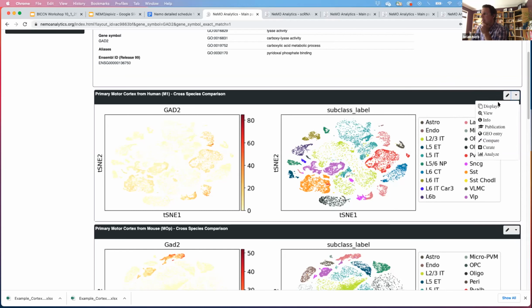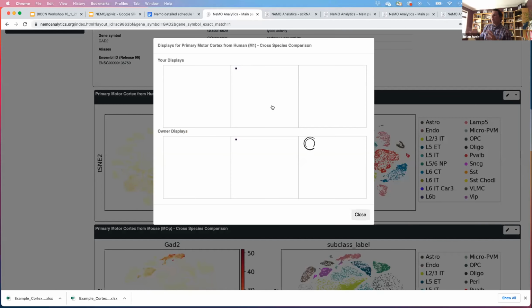In this drop-down menu right here, there's other things that you can do with this particular data set. If you go to displays, there may have already been other plots that are based on this particular data set. It looks like other folks have made other types of bar plots. There is an old clustering or sub-clustering. Right now this is the default, but you can actually have other plots made of the same data set.